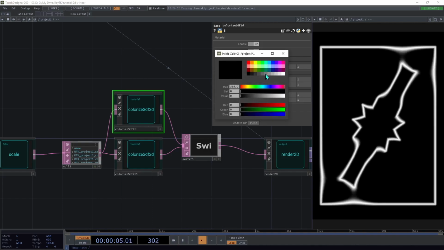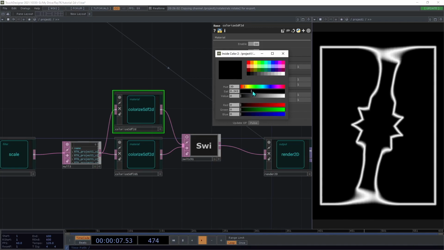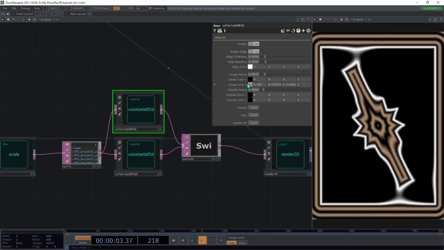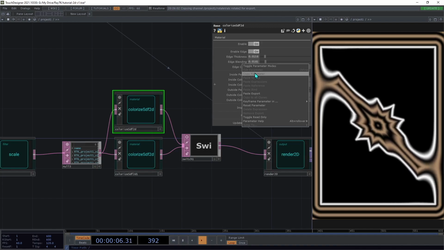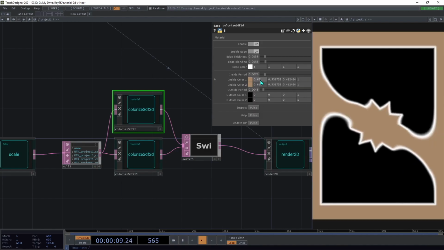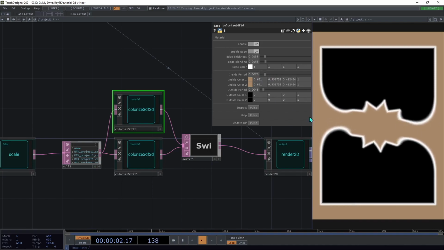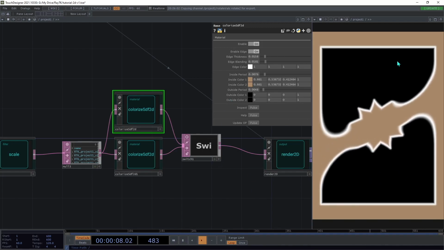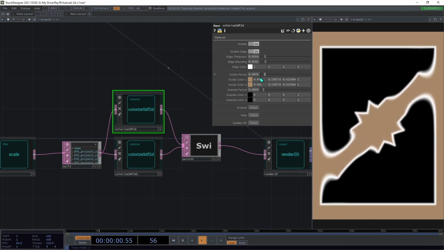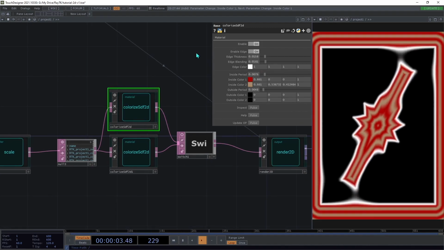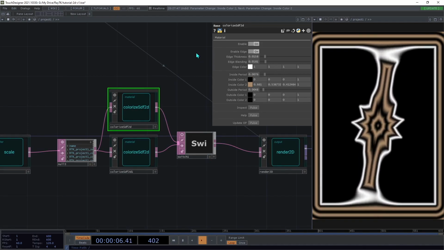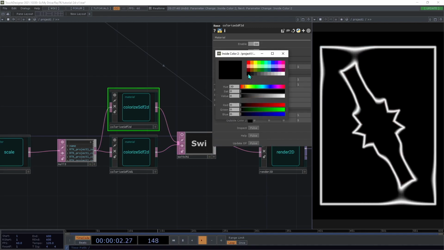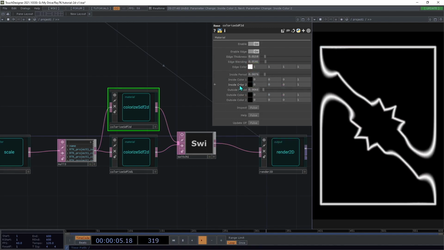And if we were to go with, I don't know, a little bit lighter of a tone there, and then if you want to not have the striping, you could copy those values there. And you could do something similar for what it's thinking of as the outside, which is this region here, if you want to. But I'm going to go back to setting those to black and then just using the edge,